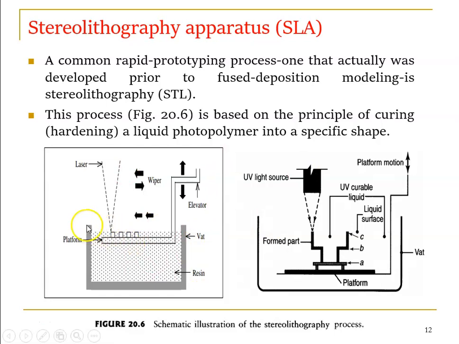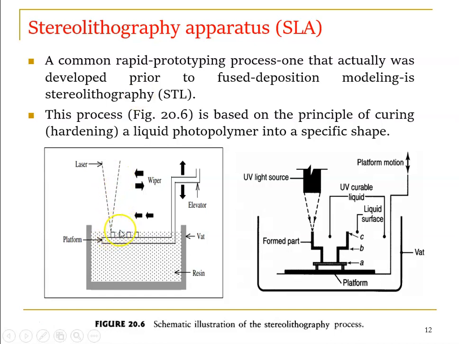So this is the image. Here we have a vat, like one container, where we store the machine material. The liquid material, generally we say, is a resin, right? We have an elevator over there. First, the elevator moves downward, immersed in the vat solution. The laser will move based on our requirement. Based on your 3D model, the laser nozzle will move. When the laser touches the liquid, the liquid is converted into a solid.